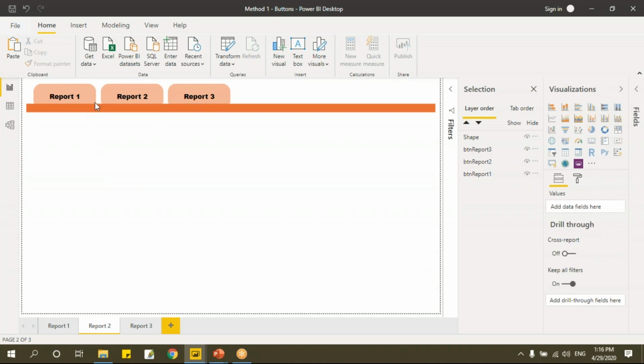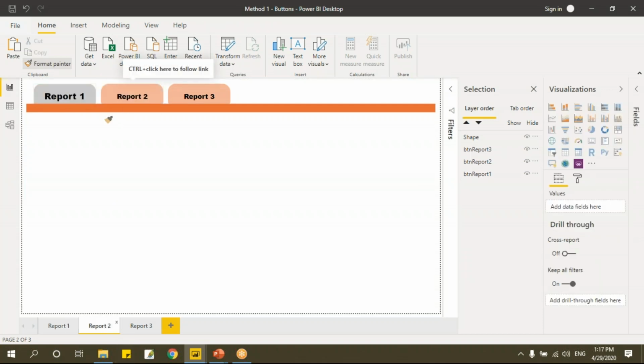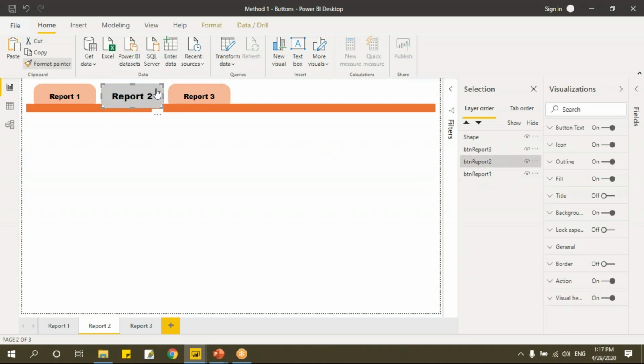The same format, whatever is there, will be pasted here. But I want the format here. So what I'll do, I can select this, format painter, select this and click on this. Done.